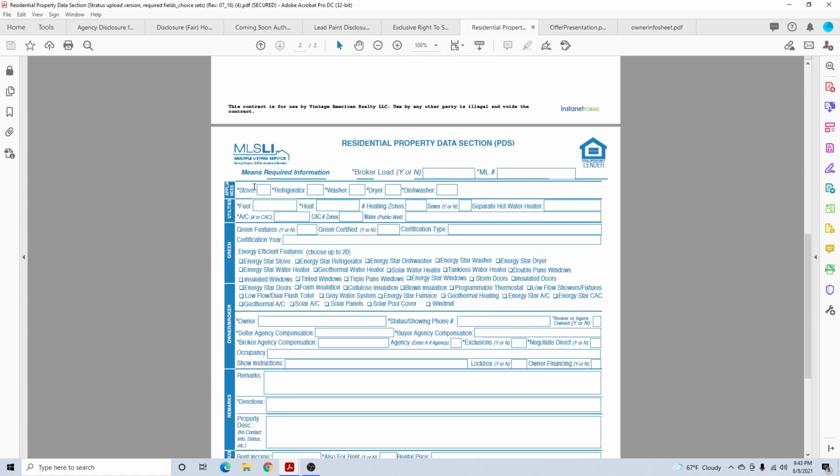Okay, this is important now. You have to pay attention. Is the stove included? Is a refrigerator included? Is a washer included? Is a dryer included? Is a dishwasher included? Say they don't have a dishwasher and you put yes, you might be liable to buy